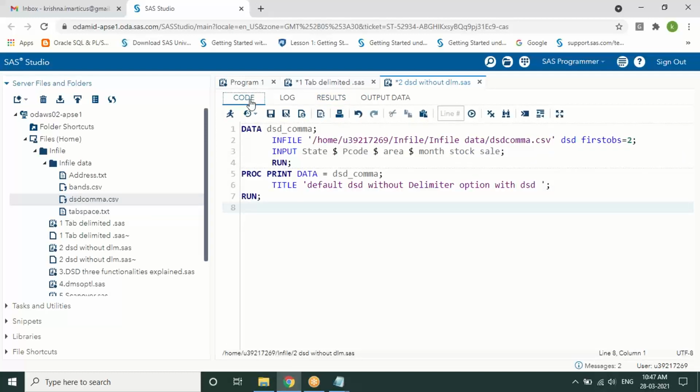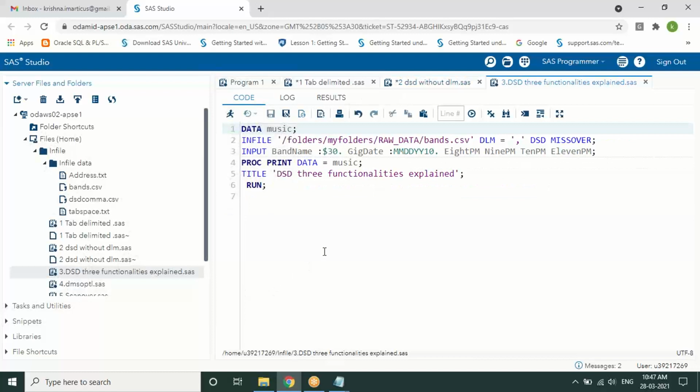The next one is DSD with all three functionalities.